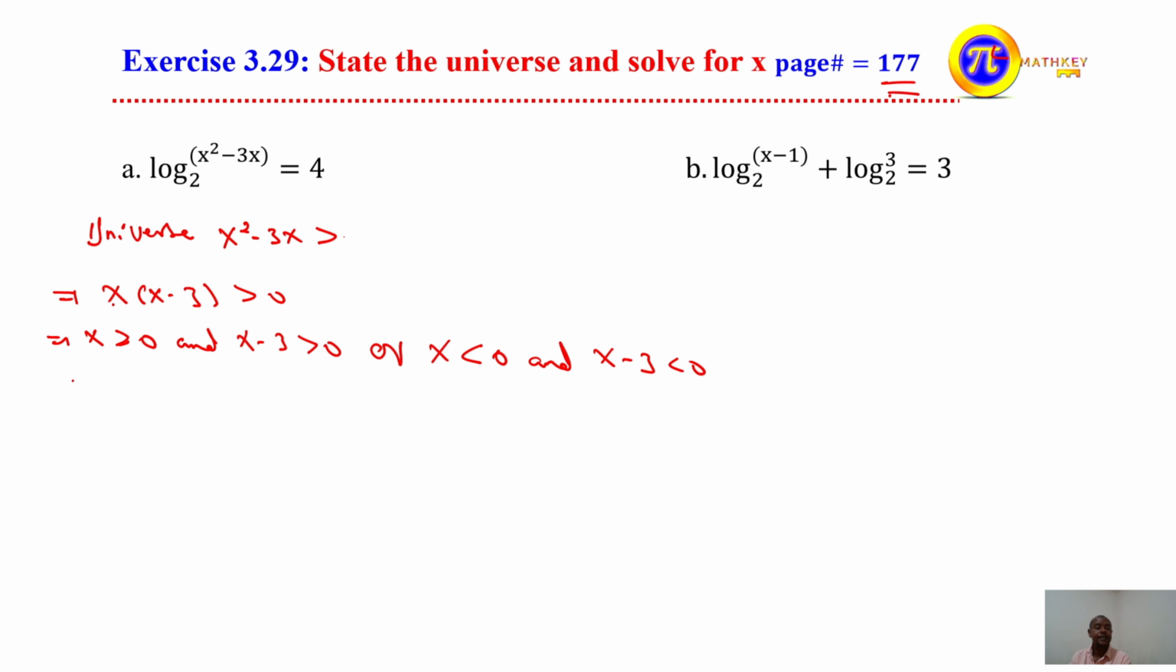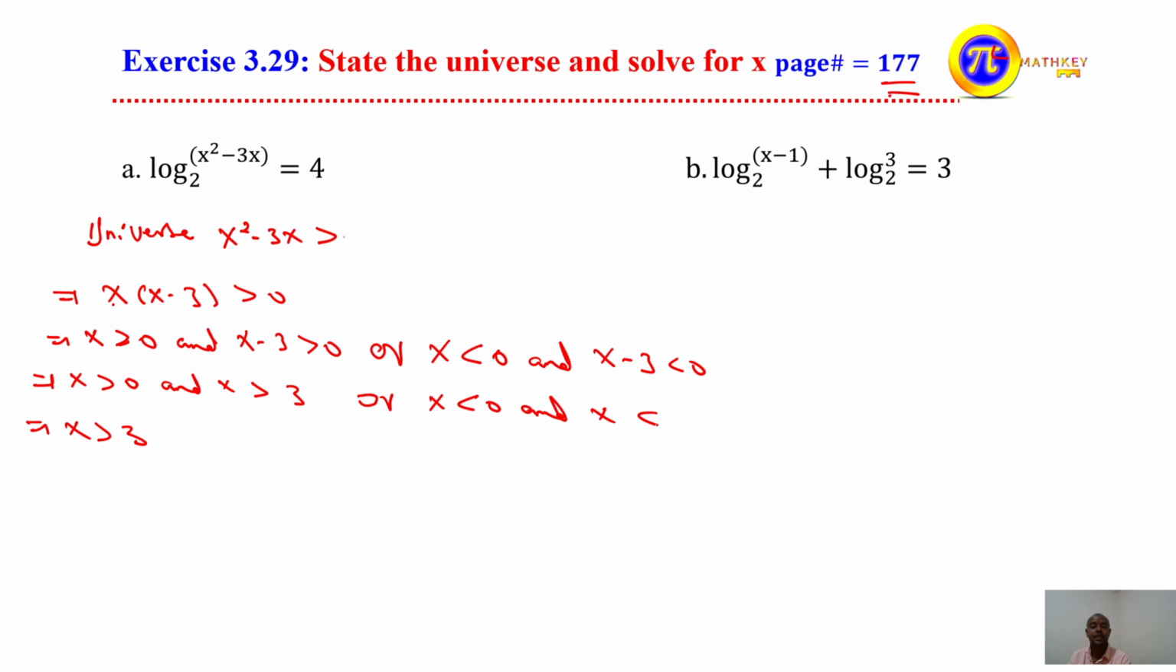When you come to here, x greater than 0, which implies x greater than 0 and x is greater than 3. Which one is common for both? That means the common one is x greater than 3. Or when you come to here, x less than 0 and